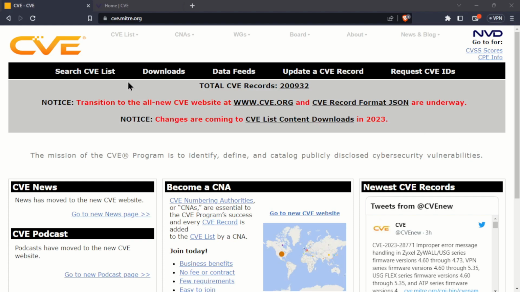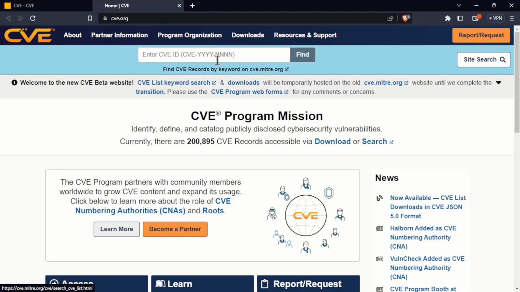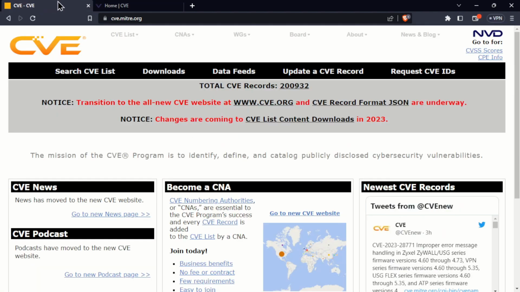So, I went to the CVE website, and apparently everything changed since the last time that I looked at this. So everything's going to the all new CVE website, so it's right here. You can do the CVE ID, which tells you all that stuff, and then you can find by keyword on the old website still. So we're going to search